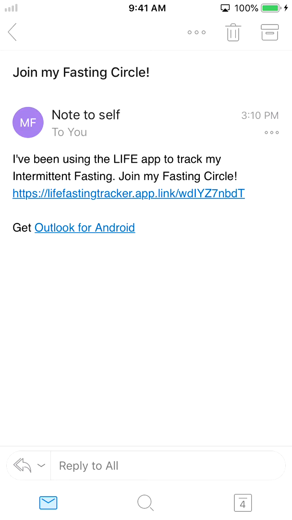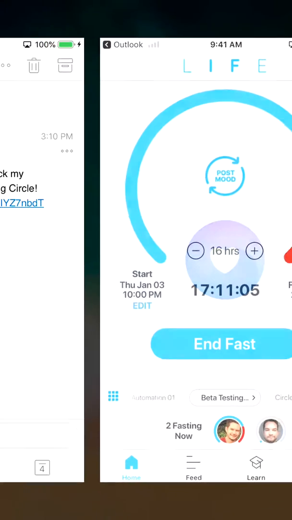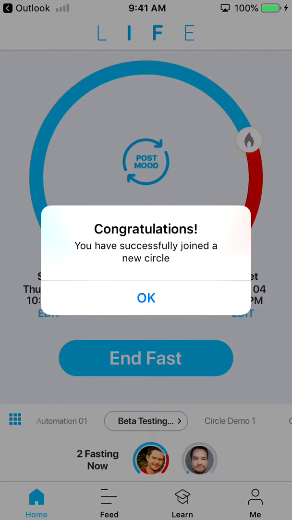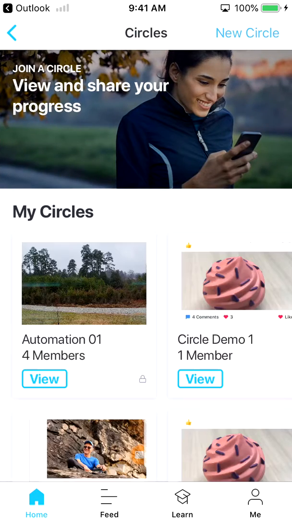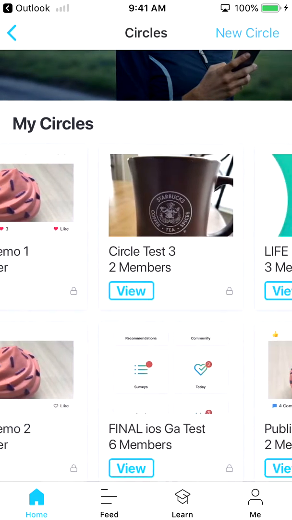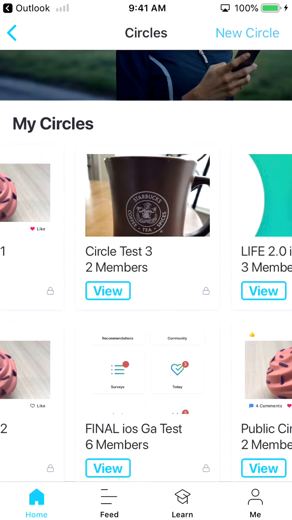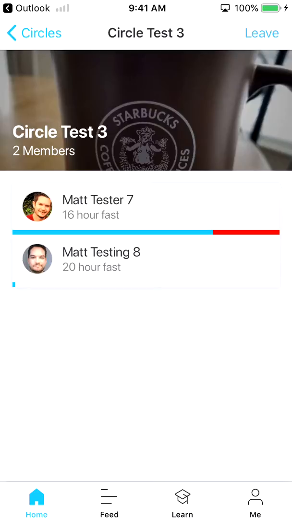There'll be some kind of invite link like this. And really accepting an invite to the circle is as simple as clicking on the link. The app should let you know that you've successfully joined the circle. And that circle name was Circle Demo 3 with a picture of a Starbucks coffee cup. So I can see now that it's been added to my list of circles here in my circles homepage, and